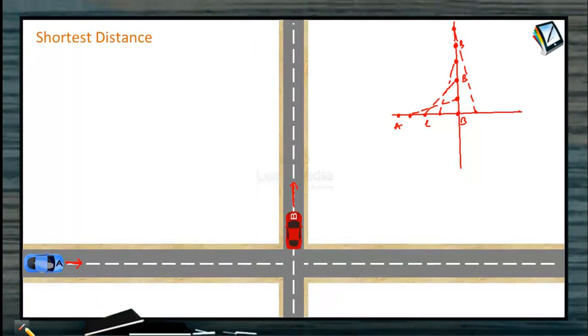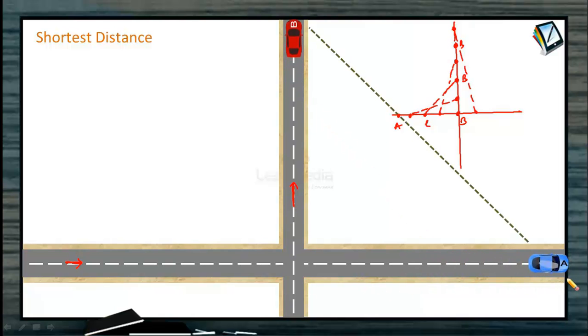Let us see in this animation how the two cars move. See, now the distance between the two cars is reduced. Earlier the distance was L. Now this distance has decreased. Now the distance between them is this much. Maybe it is increasing still. Earlier it was up to this much. Now this is increased. See, the distance between them is still increasing. So we need to calculate the smallest distance, or the shortest distance, between the two cars.